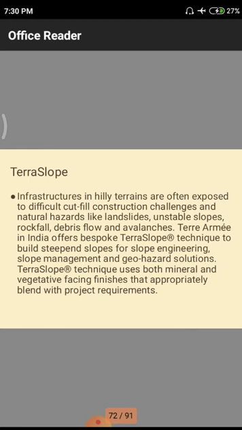These Terraslope techniques use both mineral and vegetative facing finishes. Why? Mineral finishes means normally the matter which is present in the surroundings; those mineral contents they have to use. Why? Because the total structure is in a slope condition. Whenever we have rains or a huge amount of wind or tornadoes, automatically the structure has to face these slope breaking phenomena. To control those slope breaking phenomena, they have to cover the total sloped area with this mineral